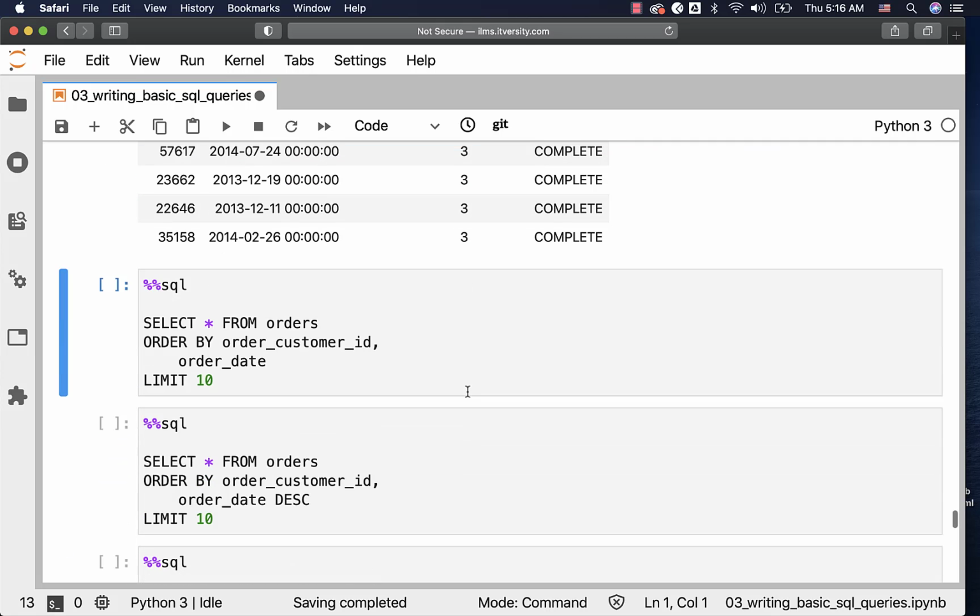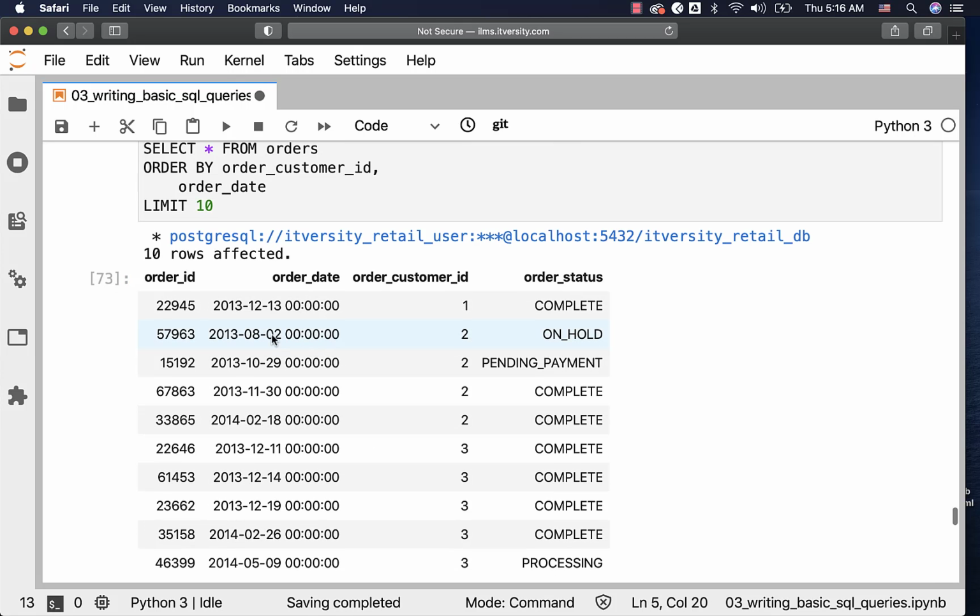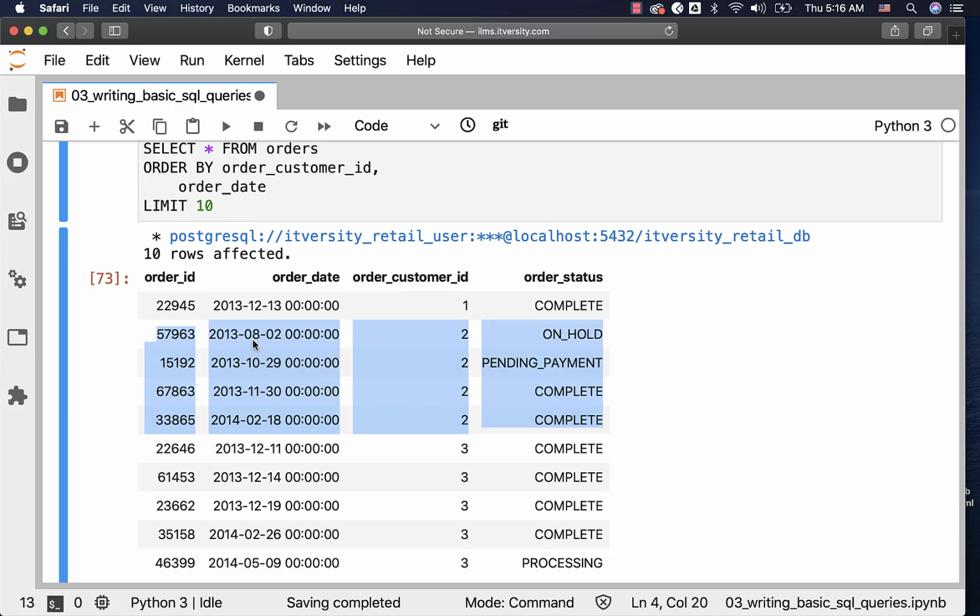Now let's run this query and you can see that the results are sorted in ascending order by customer ID. Now if you want to perform composite sorting, where data is sorted on more than one field, this is how it will look. You just have to specify all the columns on which you want to sort the data, using comma as the separator. So in this case I am trying to sort the data in ascending order by customer ID and ascending order by date. You can see the results here. This time the data is sorted in ascending order by date for the same customer 2.